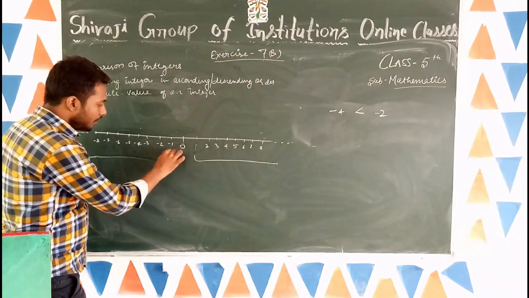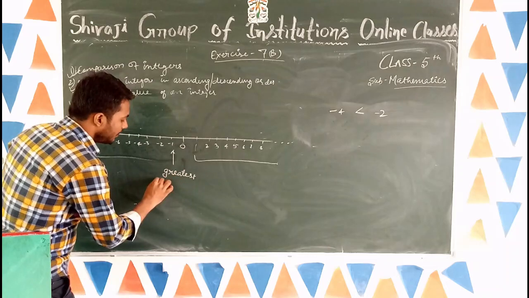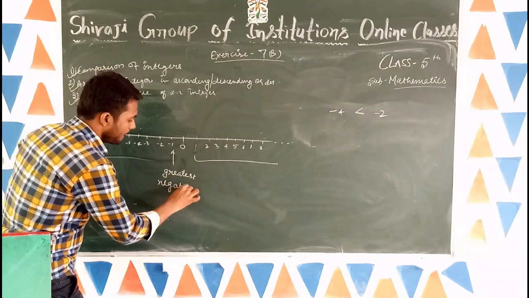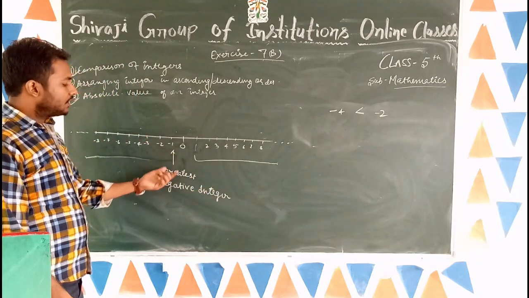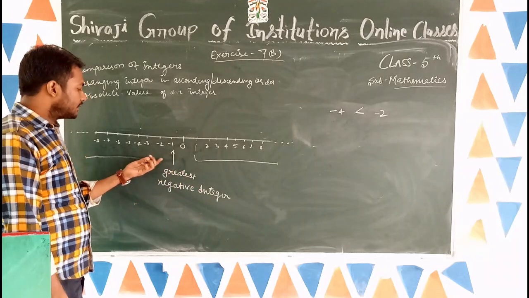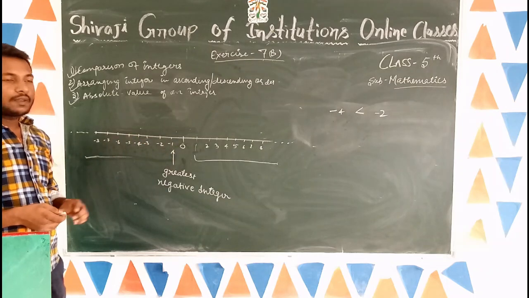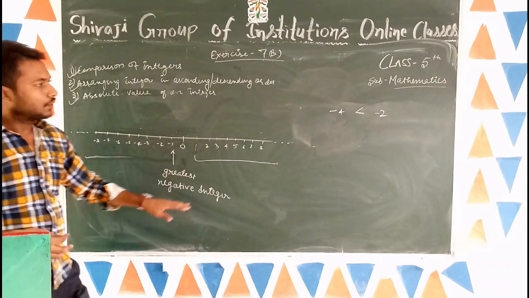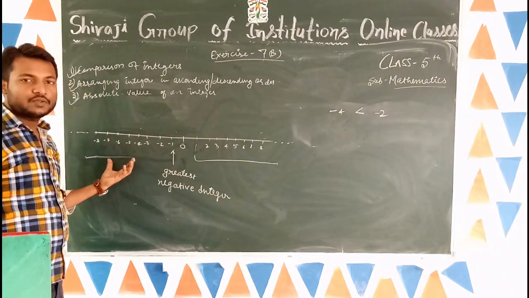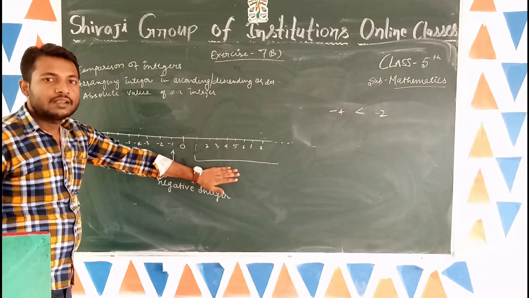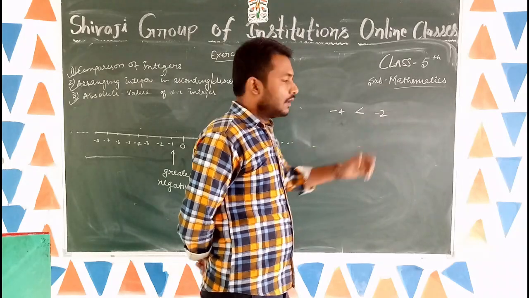In the number line, -1 is the greatest negative integer. All the negative numbers are smaller than -1. So in the case of the left side numbers of the number line, or we can say mirror numbers or opposite numbers, the case is just opposite. So here -4 is smaller and -2 is the greater number.